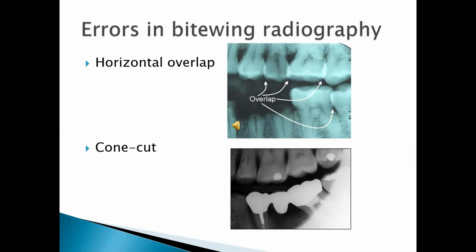So, at times, we will not be able to adjust the position indicating or the cone shaped area of our X-ray unit to the area which is covered by the film. So in that time you tend to get these cone cut or coning off effect.